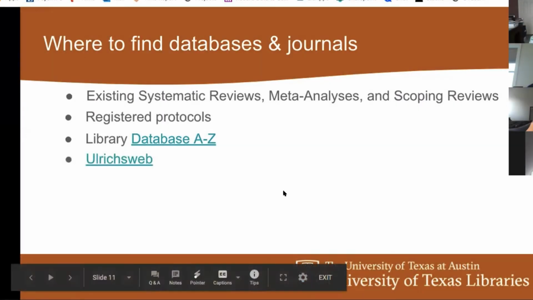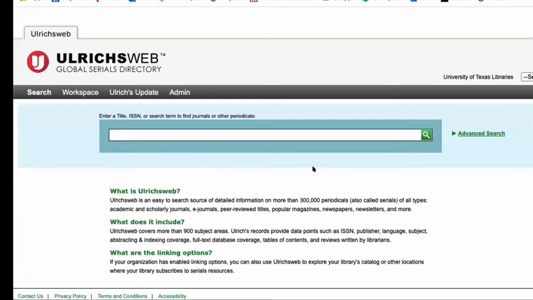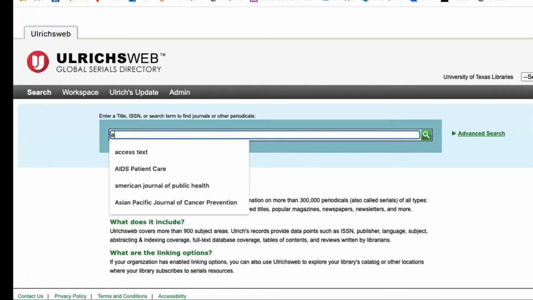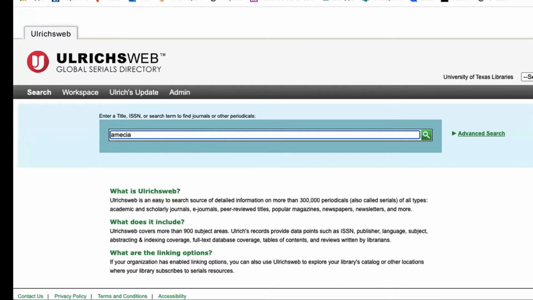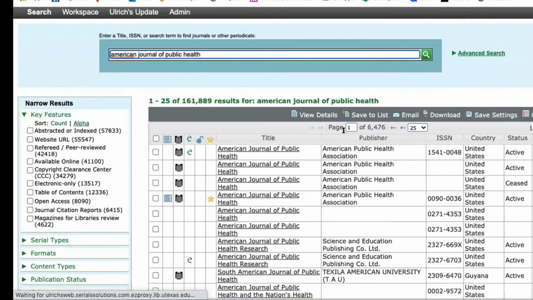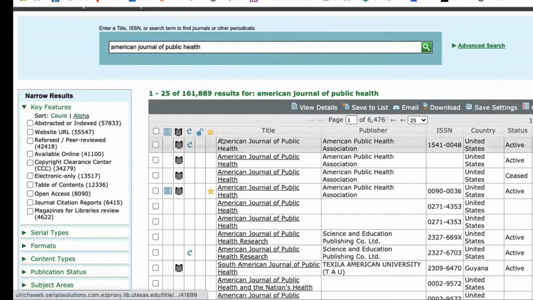Another thing that I haven't always used for systematic reviews, but have started to do more and more lately, is Ulrichsweb. This is a database of journals. In here, what I want to do is search for those specific journals. So I'll go back to my American Journal of Public Health, because I've identified this as an important journal that I want to make sure that I'm including. And so if I go into the listing for this particular journal,